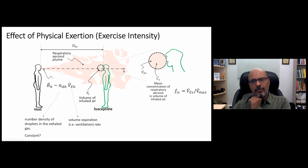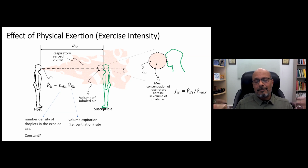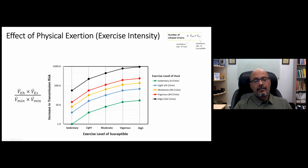physical exertion. As you can imagine, based on this inequality, the rate at which you're breathing out and the rate at which somebody else is breathing in is going to factor into the infection risk, because the harder the infected person breathes, the more viruses they put out. And the harder the susceptible person breathes in, the more viruses they can breathe in. So it turns out to be pretty easy based on this to figure out infection risk as a